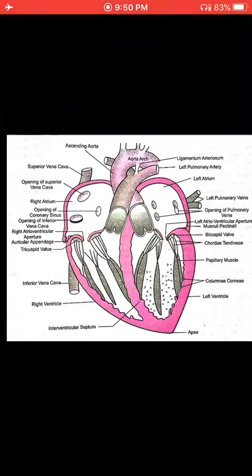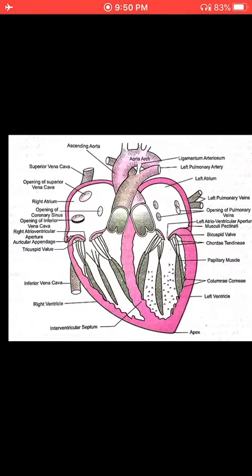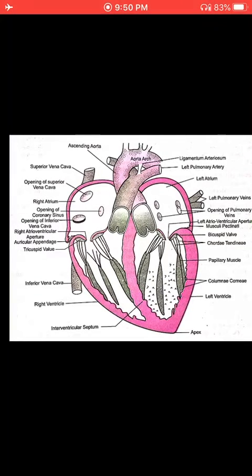Now as you can see in the figure, the heart is a bit shifted towards the left side. The left ventricle is enlarged a bit. This is due to the extra work done by the left ventricle, as it has to push the blood through the whole body. That's why the muscles present there are a bit stronger, due to which it appears enlarged on the left side.